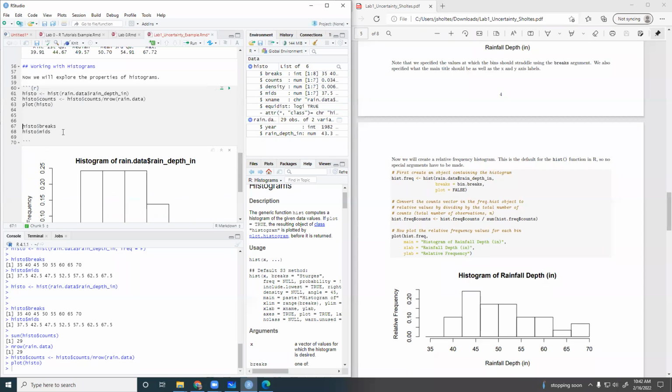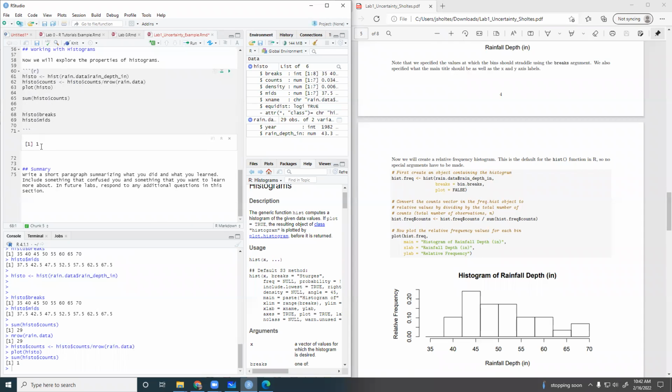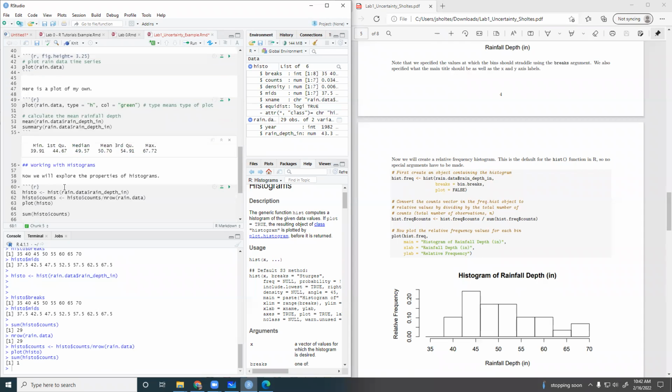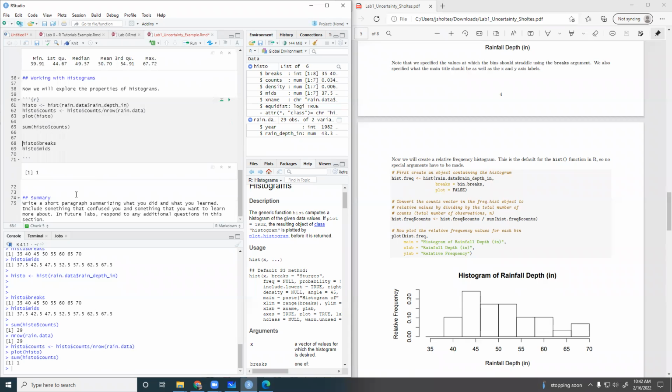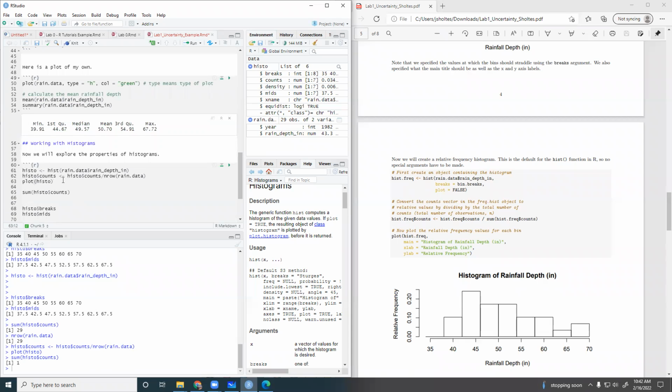So if I sum those up, what should they equal? Let's find out. I get 1. Great. Okay, so now that we've stored relative frequency in that histogram, if I look back here, the counts is no longer an integer, it's just that relative frequency. I can convert this now to probability density. And the way to do that